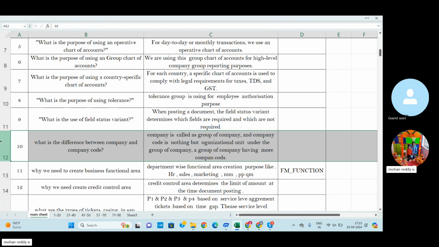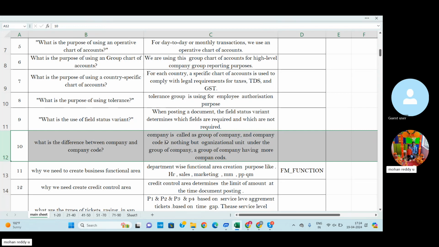There are different organizational units dealing within the company. In this company, each and every organization is called a company code. For example, Tata Steel is one company code, and Tata is the group of companies. So this is the difference between company and company code.